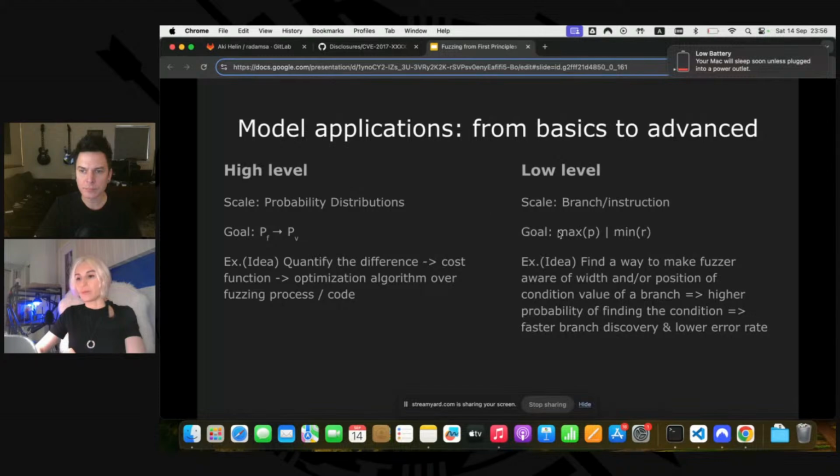For example, we can try to maximize the probability of passing a branch or minimize the error rate. This will also be a very good fuzzing optimization. Ultimately, what we want is to reduce the error rate, because currently 99% is not good. And there is an infinite number of practical techniques for how this can be done, of which hopefully I demonstrated a few.